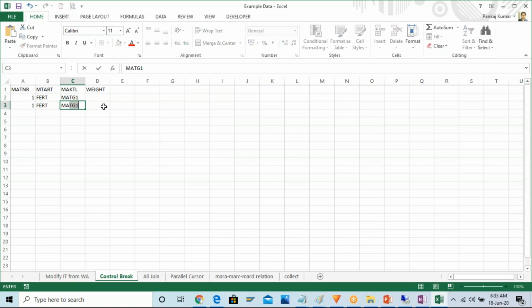So the same material is falling under two material groups. This can be possible, right? One material can fall in two material groups. Just taking this example, the weight is going to be the same for both. So 20, 20. Maybe this example in real time will not be perfect, but just to understand,